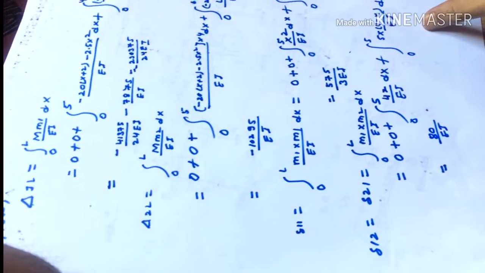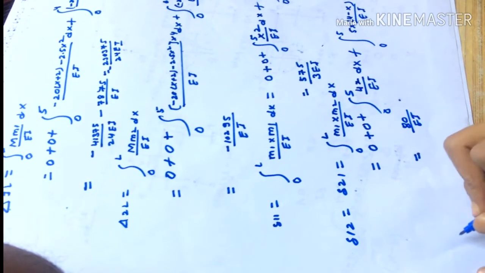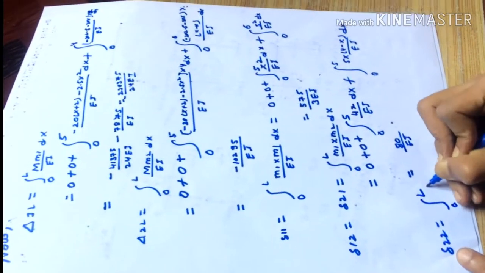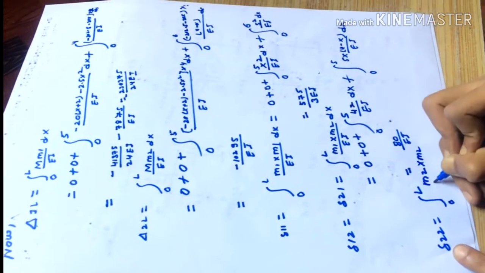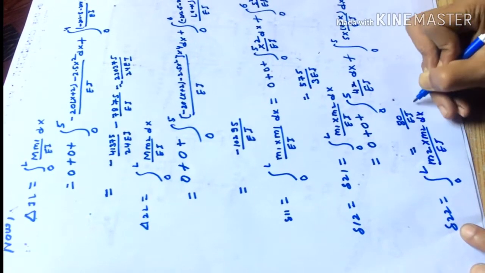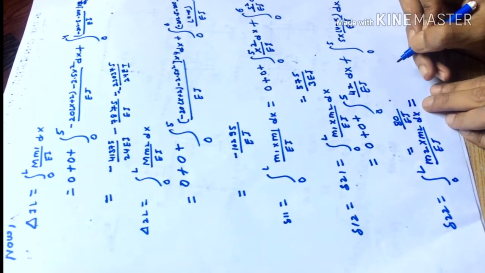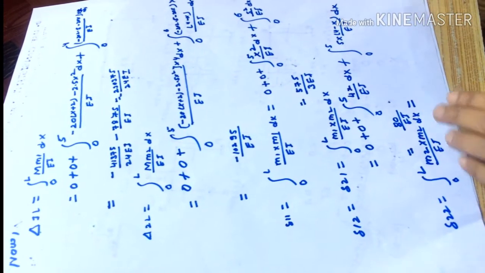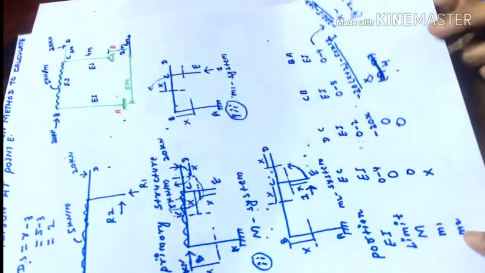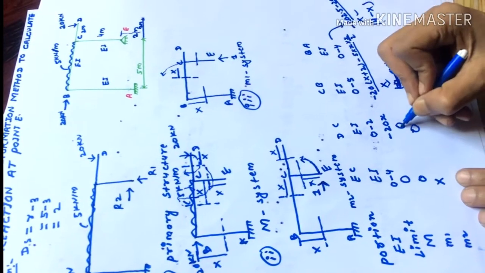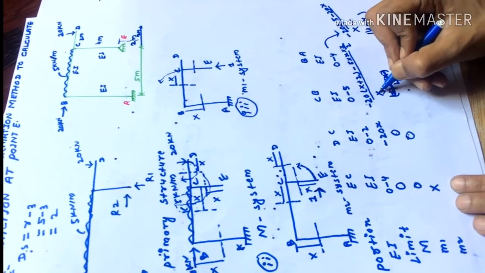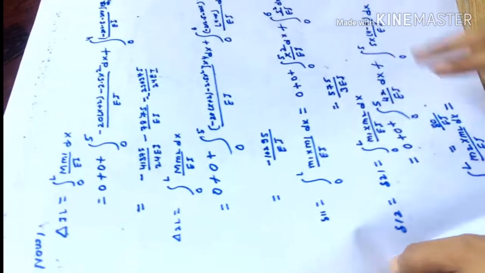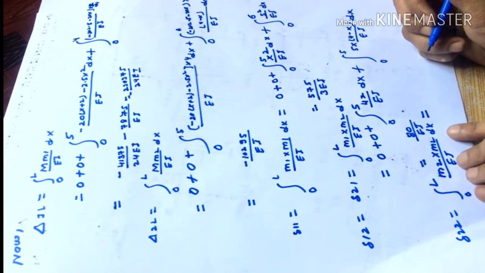Also, to generate the flexibility matrix, we calculate del 22. Here del 22 is equal to integral 0 to L of m2 multiplied by m2 divided by EI dx. Here we can see for portion EC and BC, that is 0. So let us use for that portion 0, m2 multiplied by m1. Here 0 into x is 0, 0 into 0 is 0, that is x into 4 is equal to 4x, also x into 4 minus x. So substitute all these values and calculate.